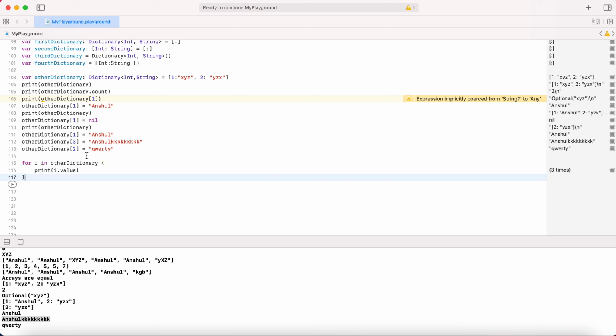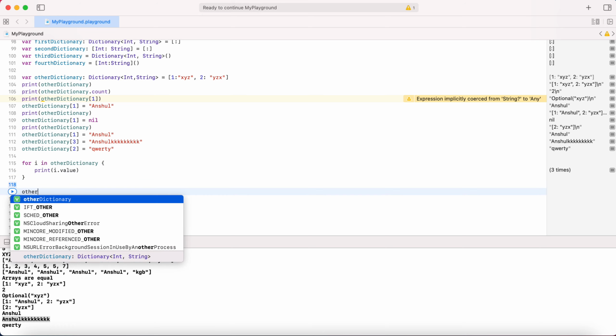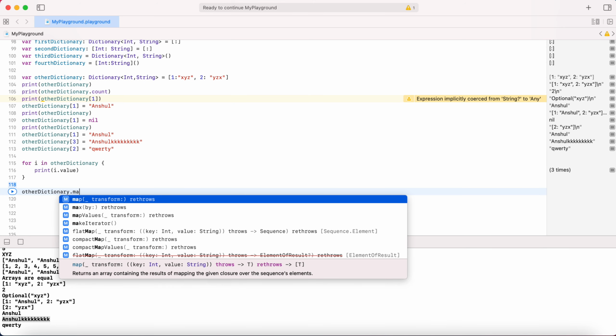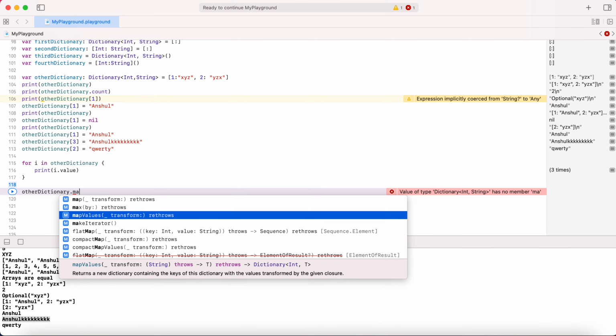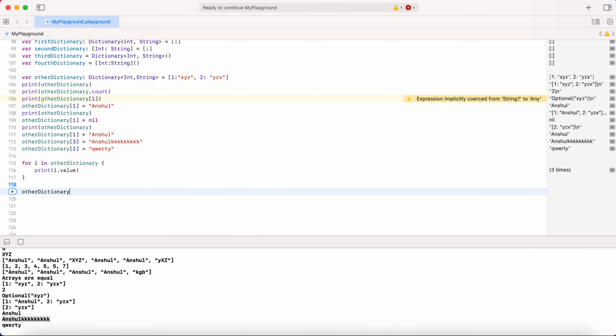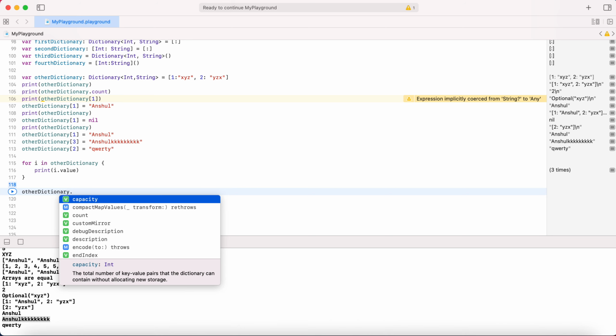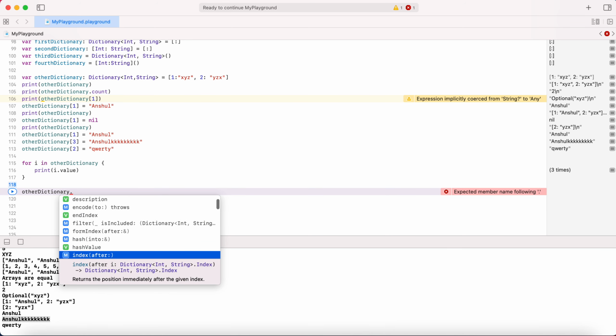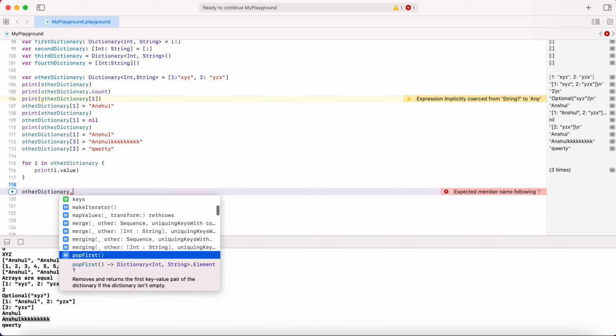There is a map method also over this, so you can do other things as well. When you press this dot, it will show you some options, so you can try other options as well.